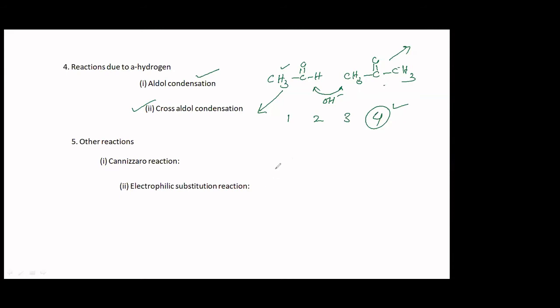Okay, in that case also, you will be asked to identify the major product. So what you are going to see is the stability of the alkene that you are getting. Then you will be able to identify the major product. Okay, any doubt? Now supposing for cross-aldol condensation, definitely the positive charge on this carbon will be more. This is a stronger electrophile. So the other would act as a nucleophile and that product will be the major product. Okay, fine?